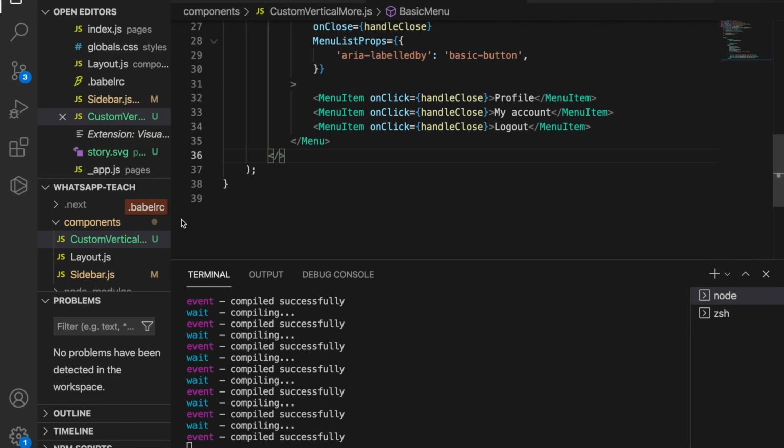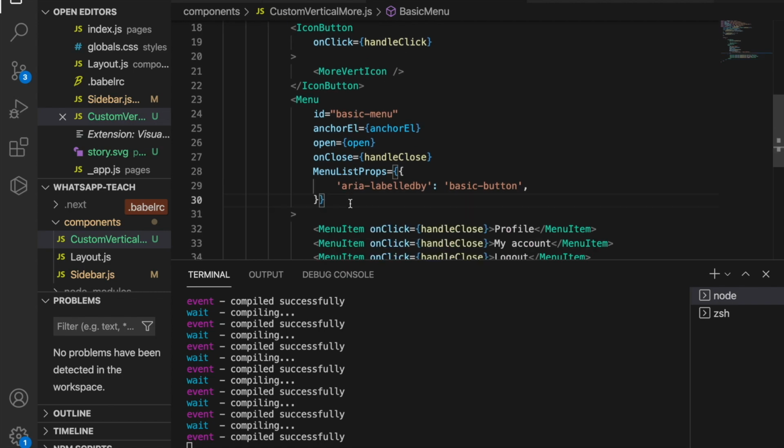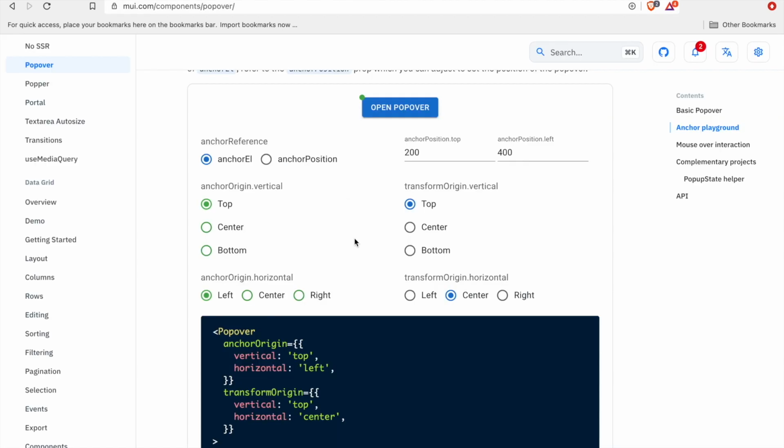So now we go back to our custom vertical, and here you can set the options. And if you look at the Popover playground, you can see we also have this testing playground. And now we can copy this. Because we want the placement to start from the bottom right, and the menu we want to start from the top right, we paste to here, we click here. Now this should be the same direction